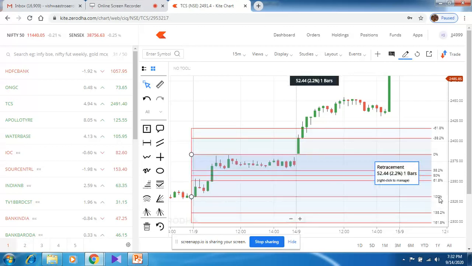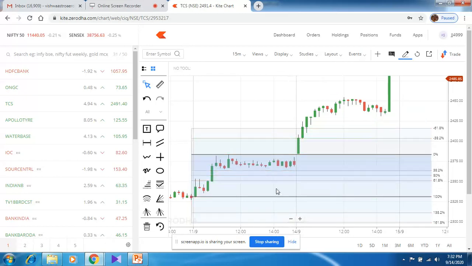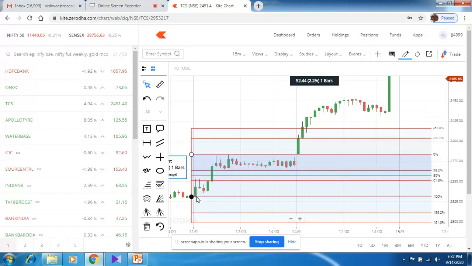As you can see, these are the Fibonacci ratios. This is 100%, 61.8 is the golden ratio, then 50%, 38.2%, and 0%. Now Fibonacci retracement is done like this. As you can see, the candle has started from its bottom and has just crossed 61.8. Whenever the progressive candle has just crossed its first level, 61.8, it is obvious that the market has to go upwards at least until 50%. This is the beauty of it.